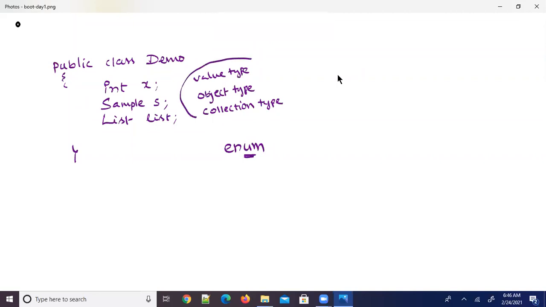Remember, dependencies are of three types: value type, object type, and collection type. Try to understand the points clearly. You can take any demo or any real-time application class.